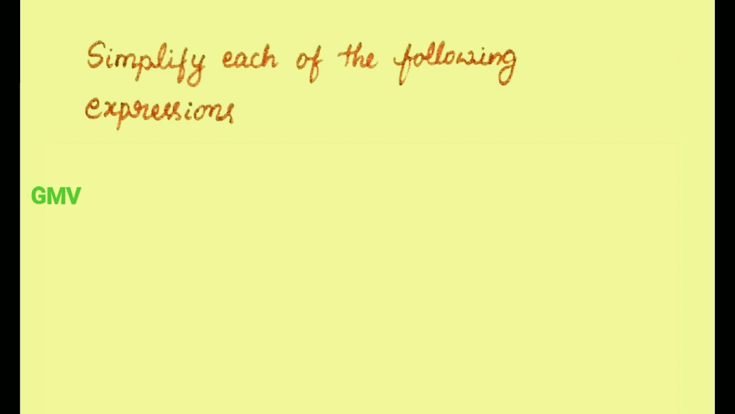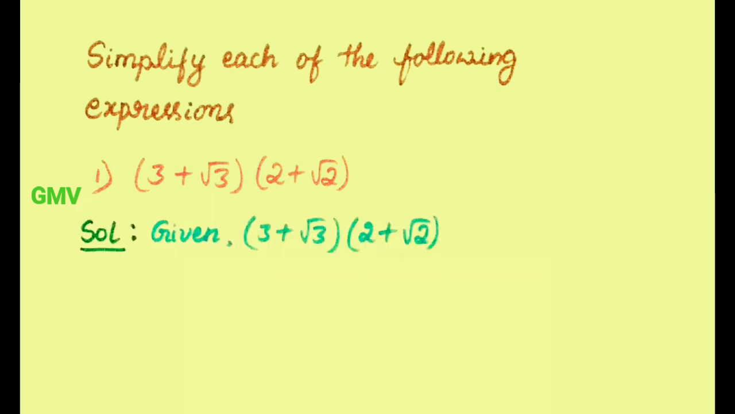Simplify each of the following expressions. See the first one: (3 + root 3)(2 + root 2). In the solution, take the given as it is. The multiplication of these expressions is the same as in the case of polynomials. First we have to multiply 3 by 2 plus root 2 and plus root 3 by 2 plus root 2